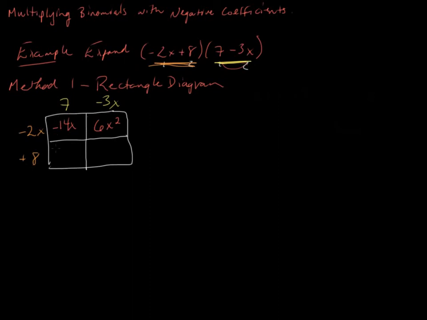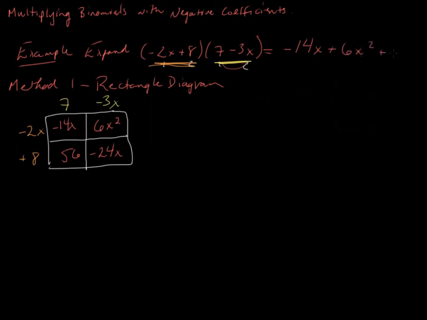The plus 8 times 7 gets us a positive 56, and then last but not least, our plus 8 times our negative 3x gets us negative 24x. And then same thing like we did a couple of videos ago, we're just going to add all these up. So I can say that negative 2x plus 8 times 7 take away 3x equals negative 14x plus 6x squared